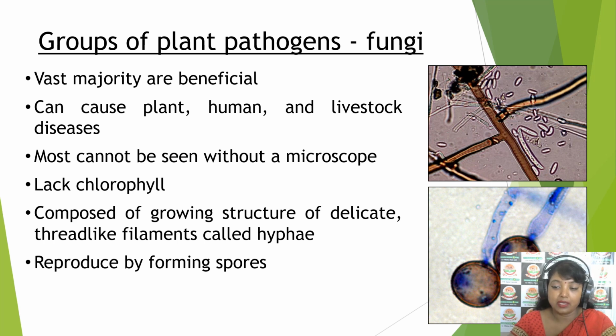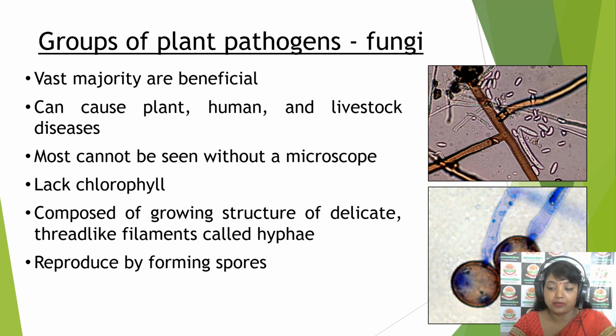So we have kept the fungus in a different kingdom. Earlier we used to study fungus in the plant kingdom, but now we have separated it and given it a different kingdom, and there are many other reasons behind that, not only because they are vast in number or diverse, but